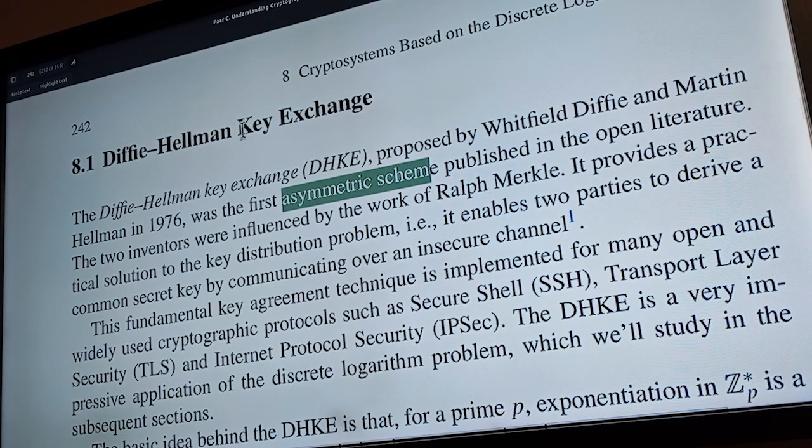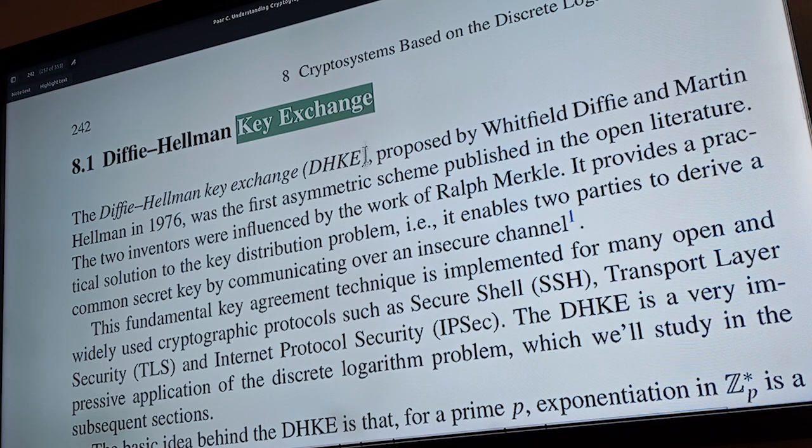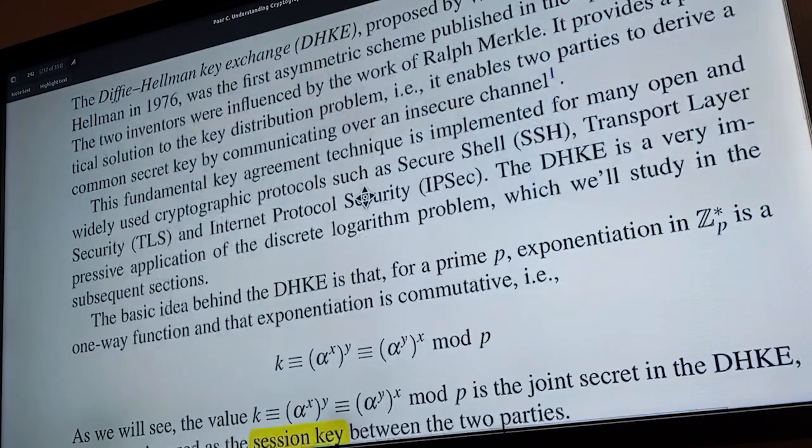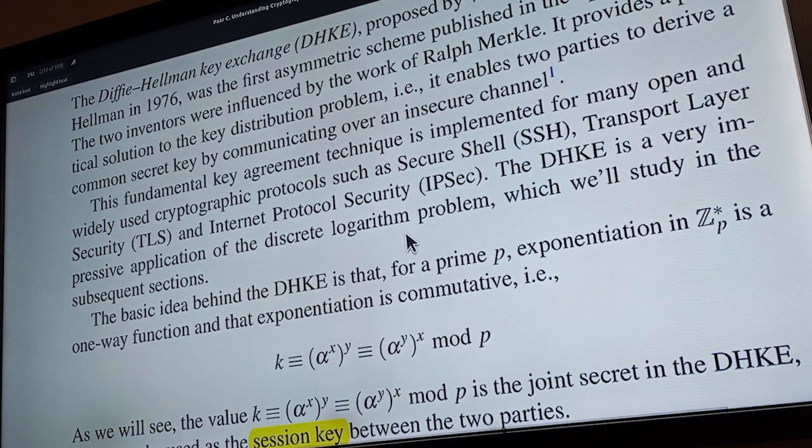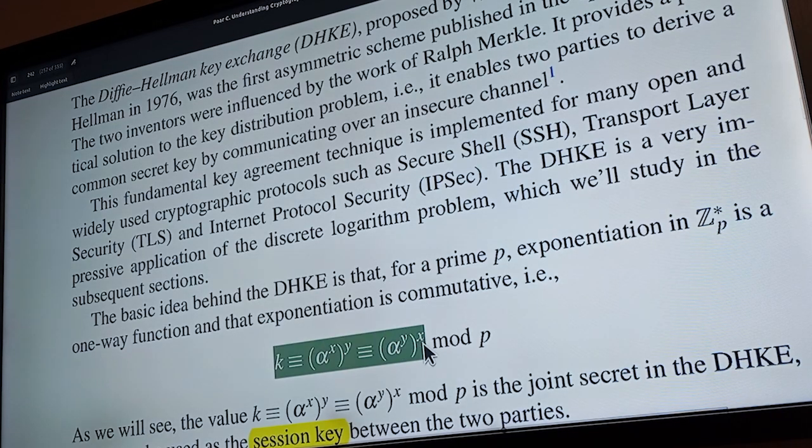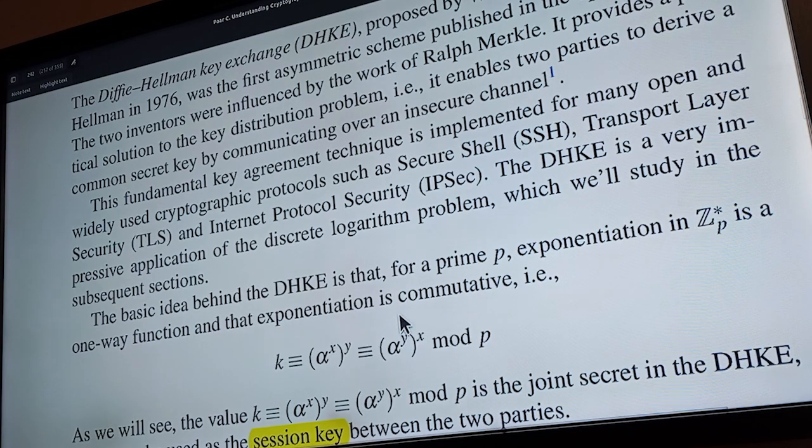The symmetric issue of key exchange was a very big issue. We didn't have a way of exchanging keys in these symmetric schemes. So Whitfield Diffie and Martin Hellman in 1976 came up with this very profound idea. And the idea is that we could have this kind of computation, exponentiation, where commutativity was possible. Commutativity